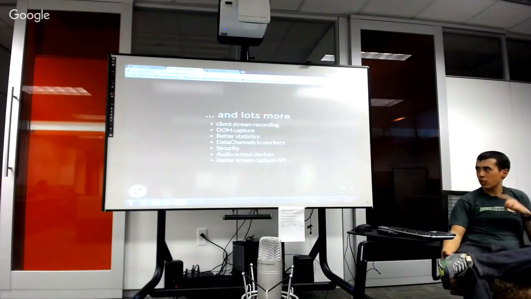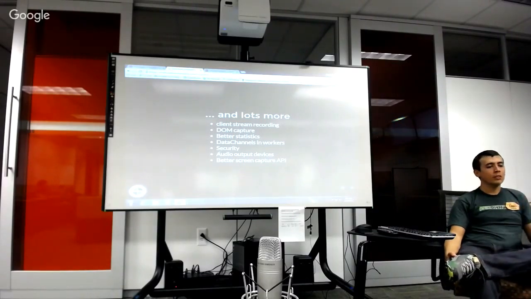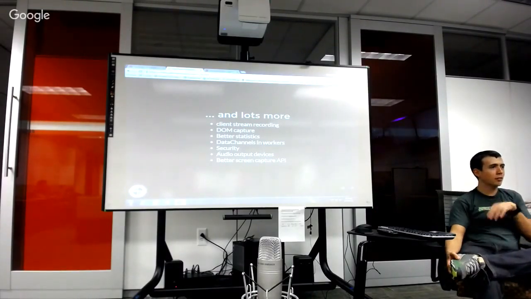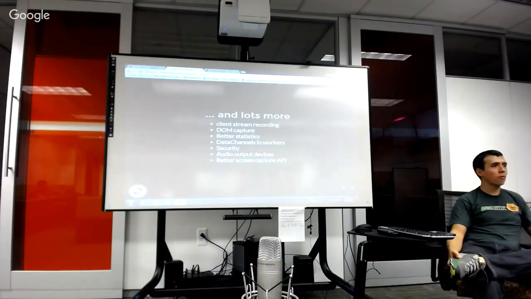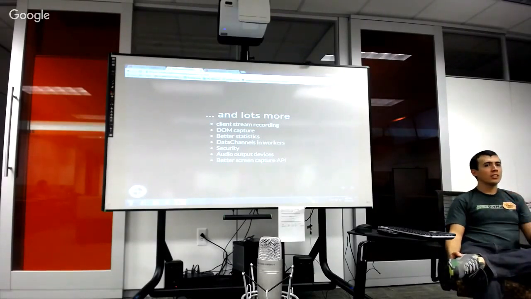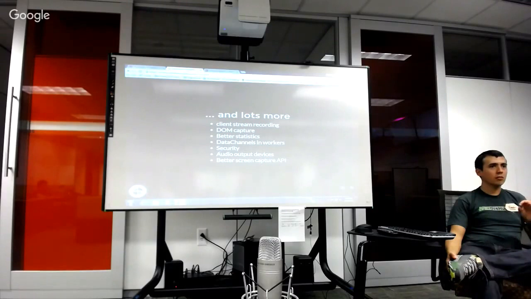Unfortunately, I think that the changes they're talking about here are limited to combining screen versus window versus tab. Right now you have to request the screen, or request a window, or request a tab, and that is irritating because the user has to choose ahead of time. You have to have a button that says share a window or share a screen. Chrome does that under the hood differently, but Firefox doesn't, in line with the spec. So getting that experience improved.